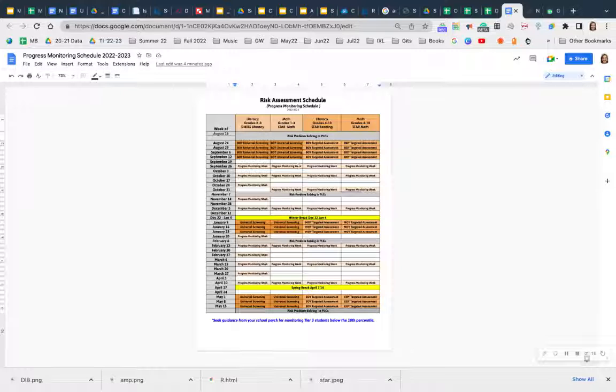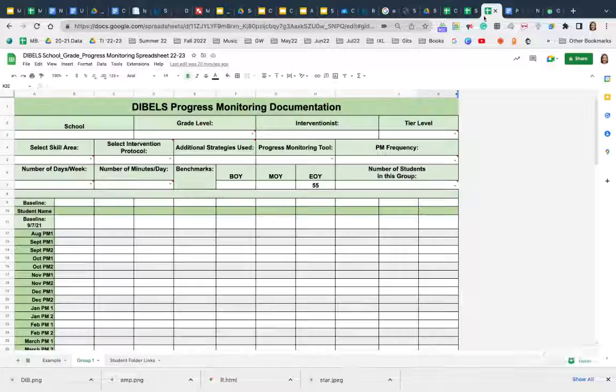Just do make sure that you have your STAR data spread out and that you have your DIBELS data collected about every other week for those that are receiving interventions, and about every 2 to 4 weeks for your STAR assessments. So also to note that in your documentation folder system, you have new spreadsheets for the 22-23 school year,